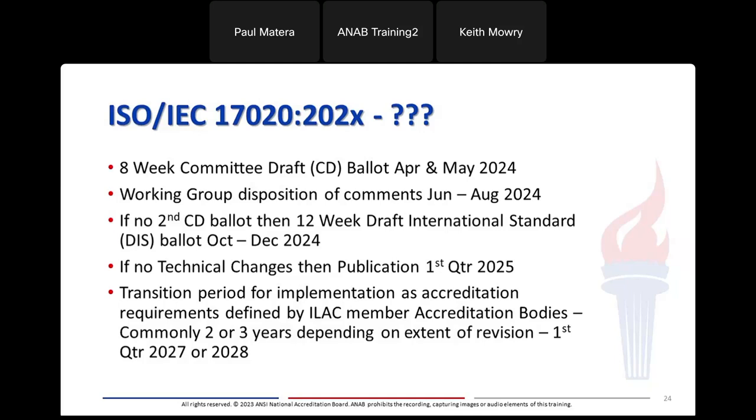fastest ballot would be a ballot of a draft international standard. That kind of ballot would be issued if the working group decides, okay, we got all the comments from all the national member committees, and we've considered them all, and we've seen how we want to revise the standard. How big of a change did we make to that committee draft? How big of a change did we make